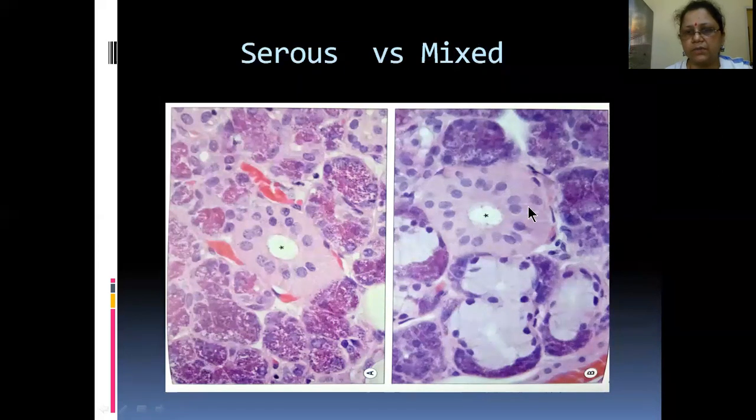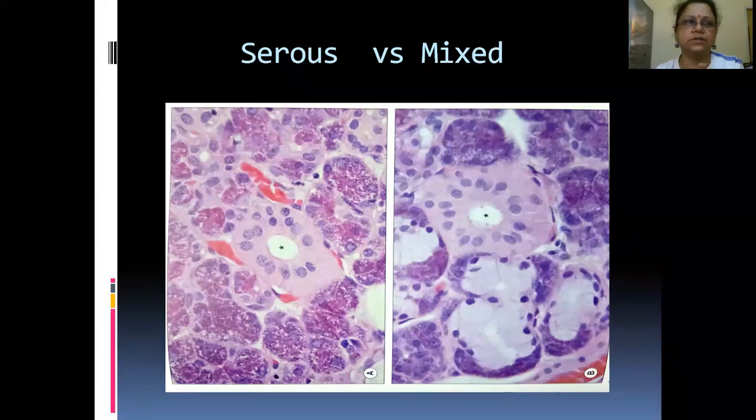Okay. Now same here duct, but look at the mucous acini. It's very pale. What is dark here is the serous demilune. Serous demilune means these are the serous acini which are surrounding the mucous acini. And look at the lumen here. It's very big. Here also. So this is how, like I tell every year in the class, the mucus gland slide looks as if you put some syrup in water and you take the bubbles. How it looks in a tub, exactly I feel like that.